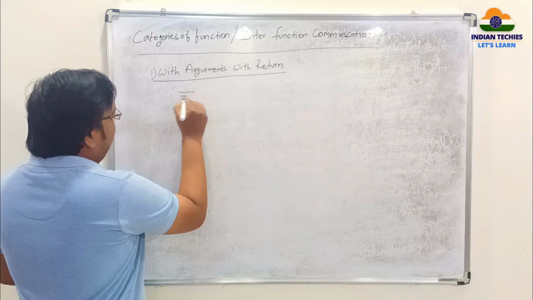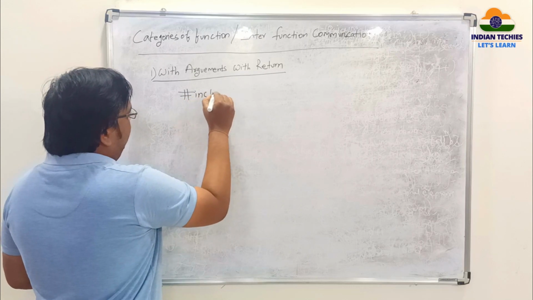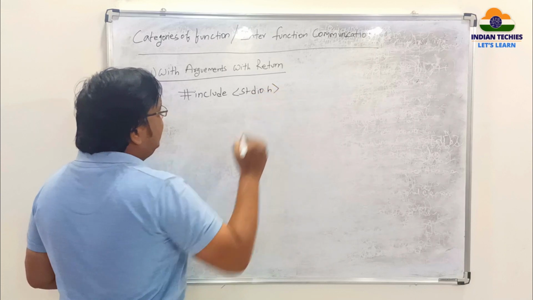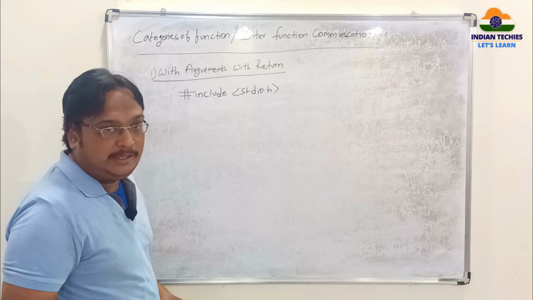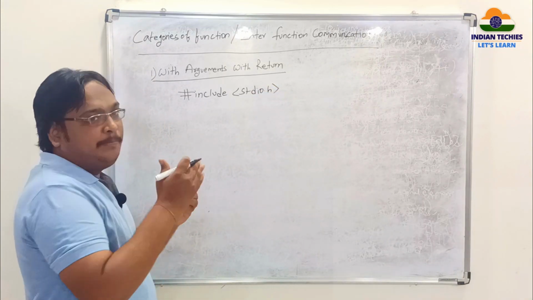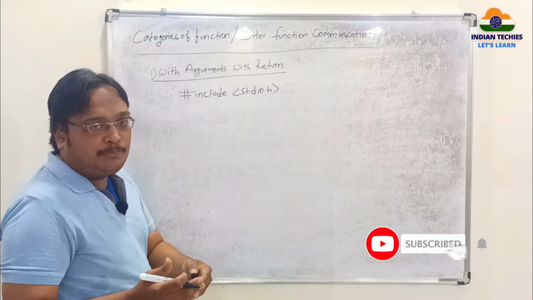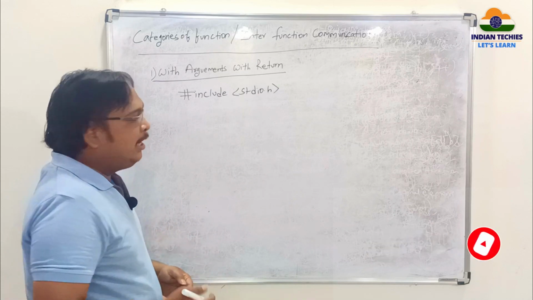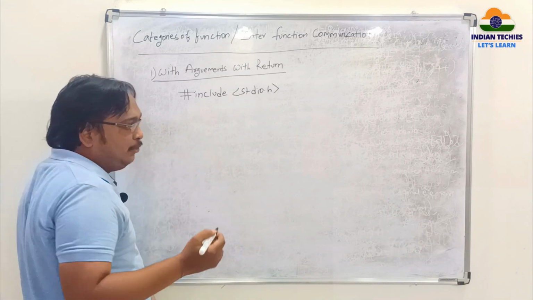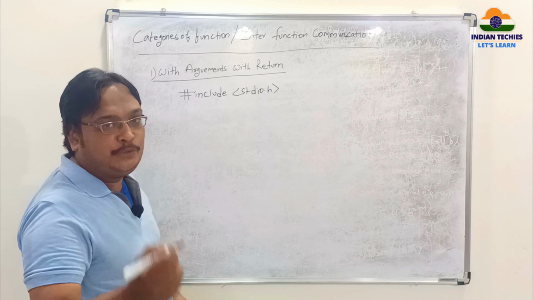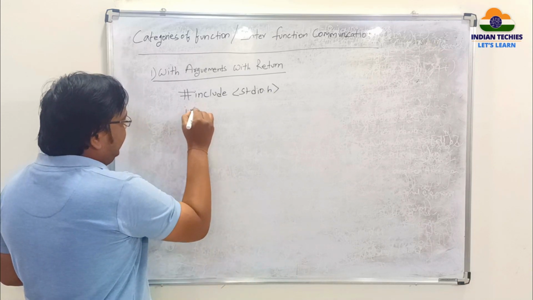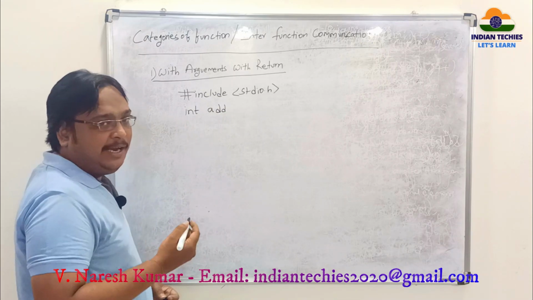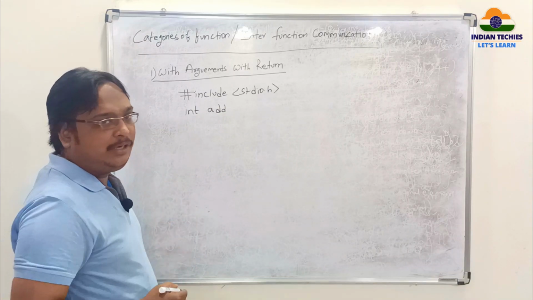As usual, #include <stdio.h>. Since my concept is performing addition of two numbers, I should send two values to a function. That function should perform addition between those two values and it has to return me a result. So the return type, because I have to declare a function before using it, is integer. The function name is user defined, your wish. I am keeping it as add, since I am performing addition.